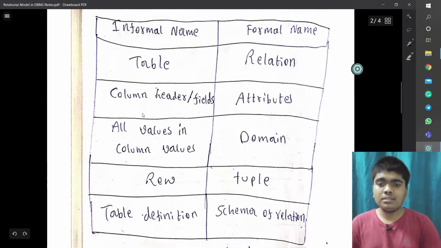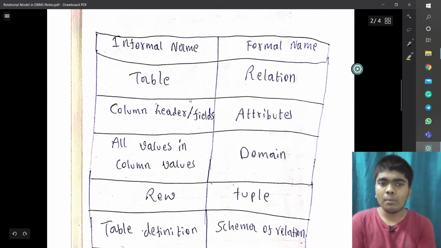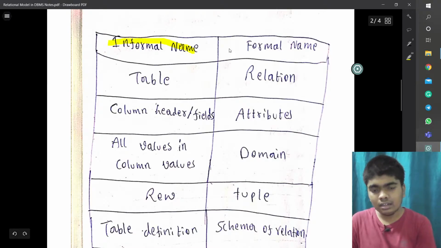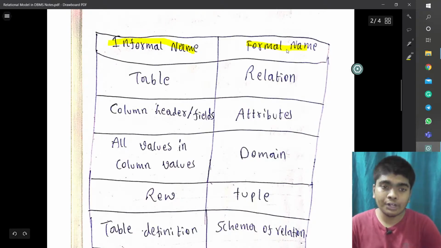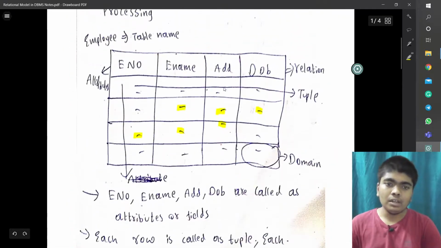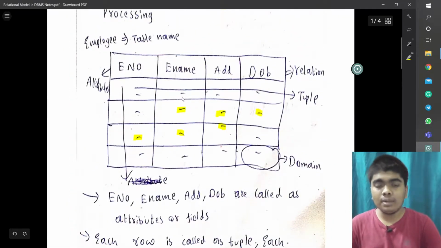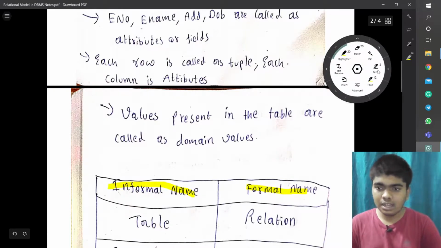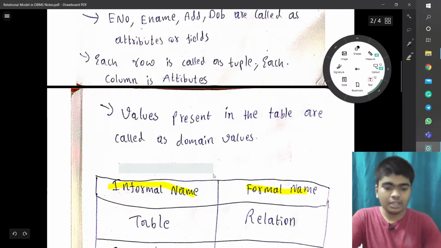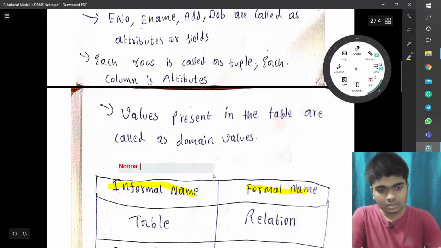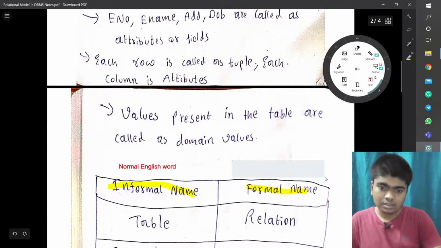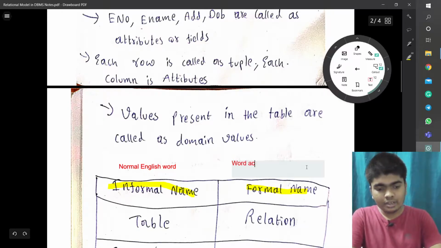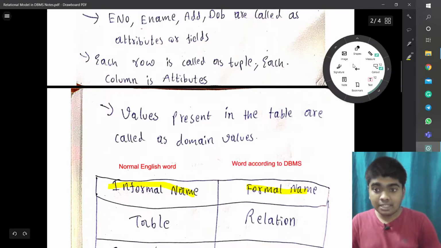Now we will discuss the informal name and the formal name. These are to be remembered from an exam point of view. Here the informal name is table. Table is a normal English word, and informal means the normal word with which we explain. Then there is the word according to DBMS, the database management system subject.